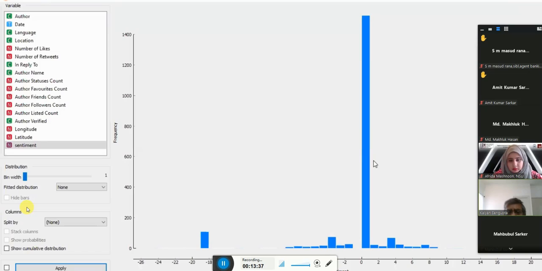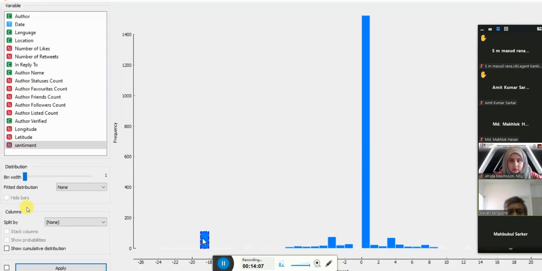The positive sentiments are on the right, and the negative sentiments on the left. This is very strange: a very high frequency of negative sentiment, which is minus 18 to minus 19, in this group.